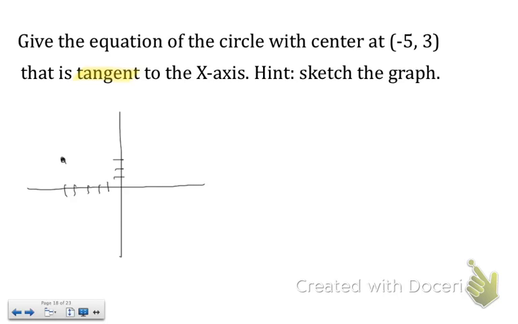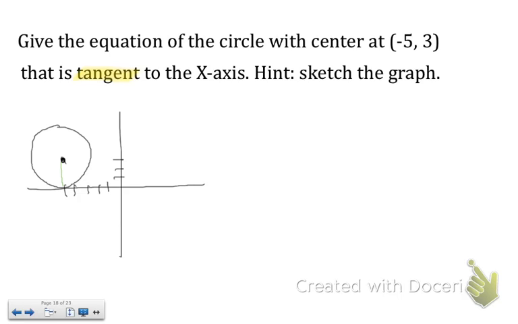Okay, so it's right there. And the circle is tangent to the x-axis. So visually, what this is going to look like is we're going to have a circle and it's just going to touch that x-axis at that one point. Now, from the center of the circle to that tangent point